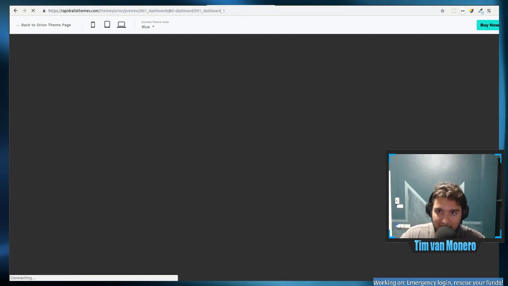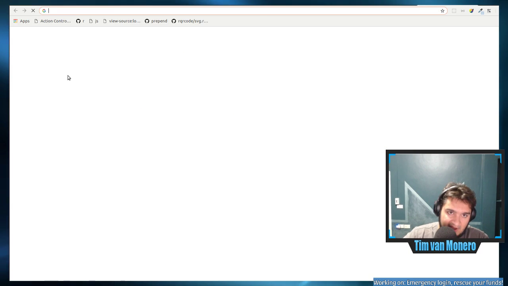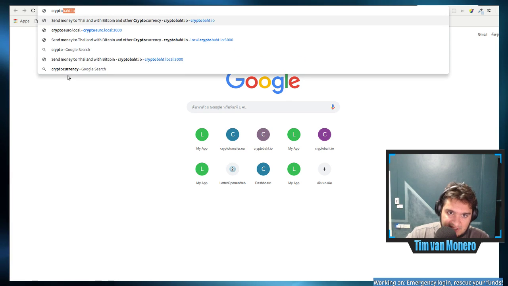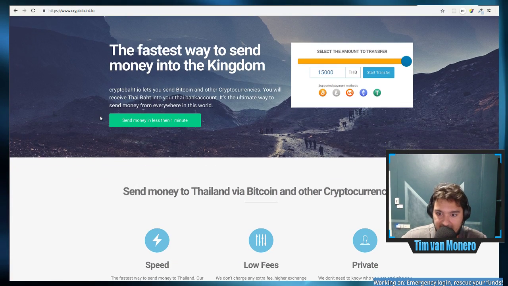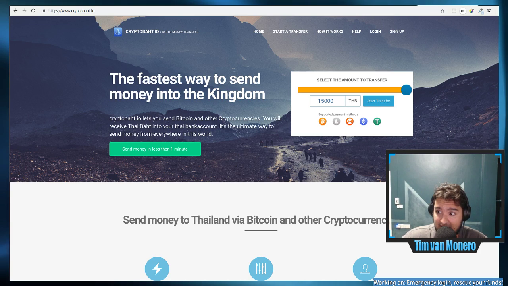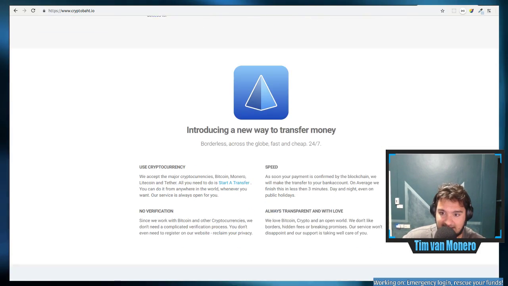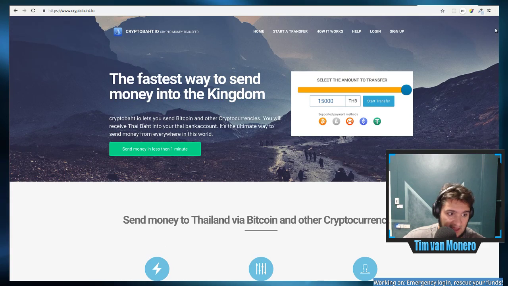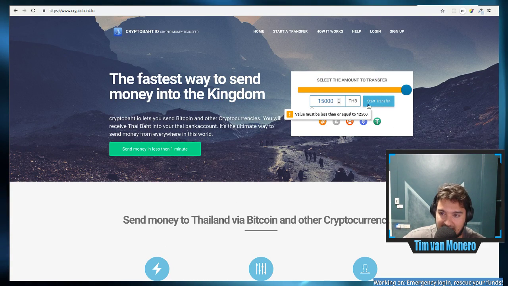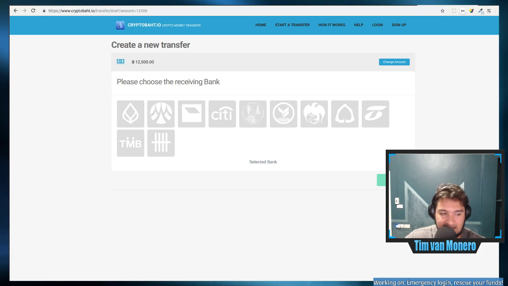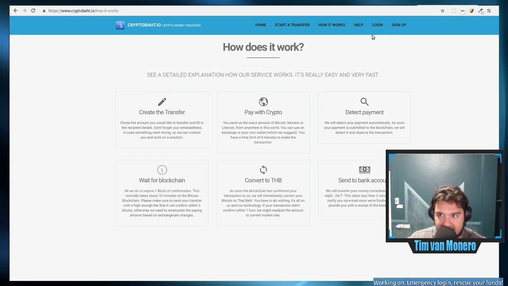Okay, so why is this not loading? Seems to be slow, this website here. I'll show you another website, a project of mine, which is actually running this. This looks good, I guess, right? This is the same template. It's from Rapid Rails Themes. Of course, this box I did by myself, and 12,500 is the max right now, okay? And everything that happens after this, I did by myself. But you know, like with this stuff,